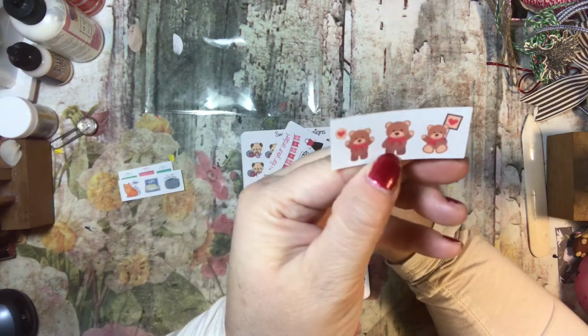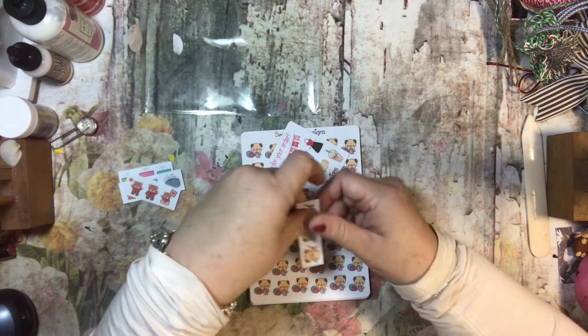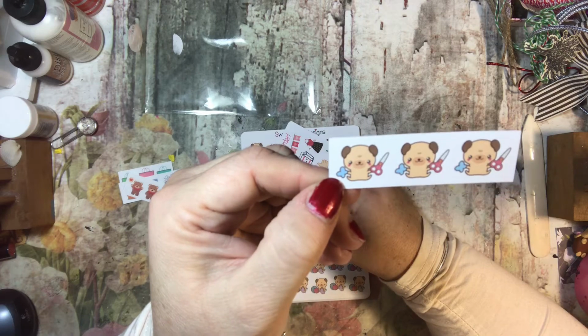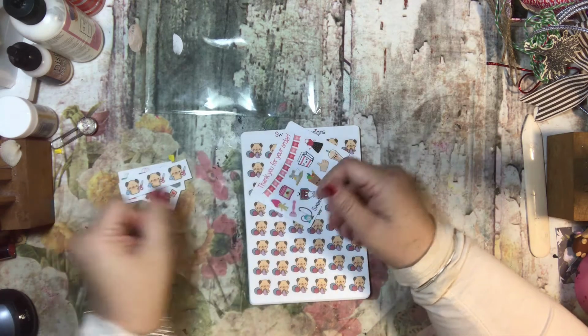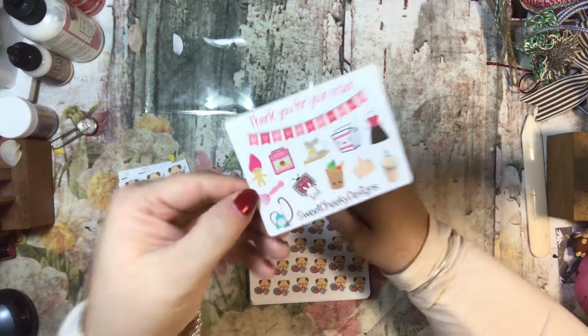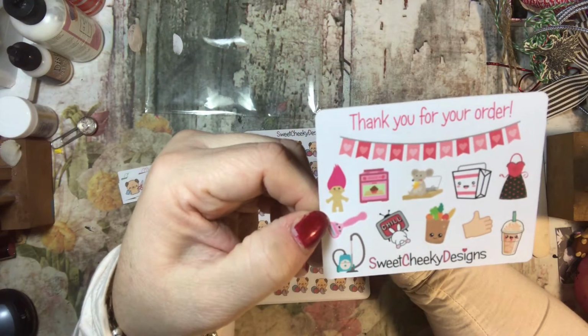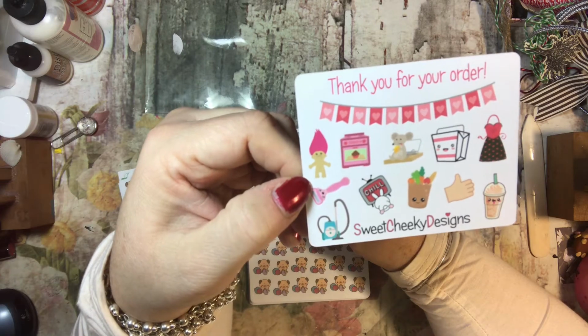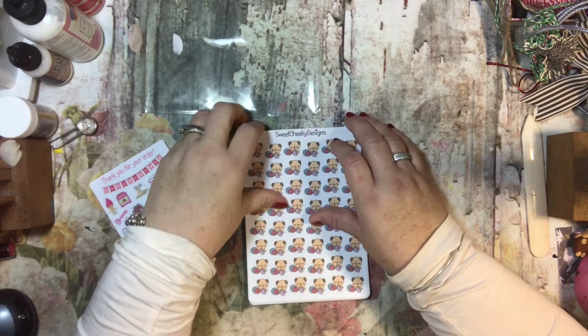And some bears. And some of the little dog he's crafting. That's perfect. I love that. I don't think I saw that one. And here is her sampler pack. Super cute. I like that a lot. Okay, so